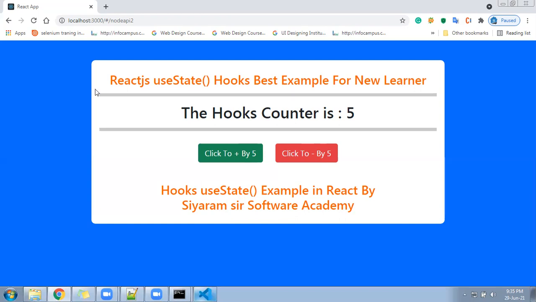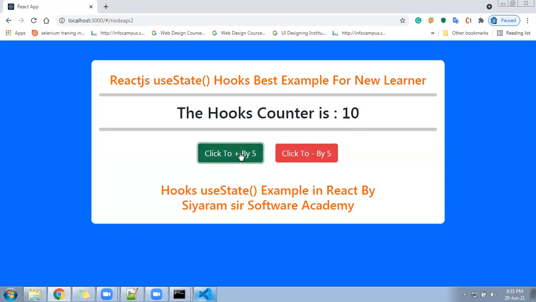I have already created this page, and I'm going to show you a demo of how it works, what code is inside, and how little code is inside. Then we can go through the code, write the code again, and see completely live how it is going to happen and how to use useState. Here I have already printed the value 5. When I click on the first button, this 5 will get increased by 5. Let me click.